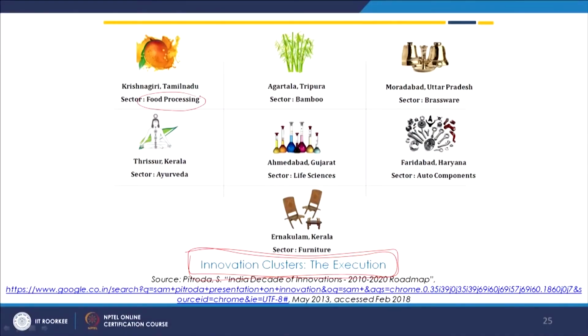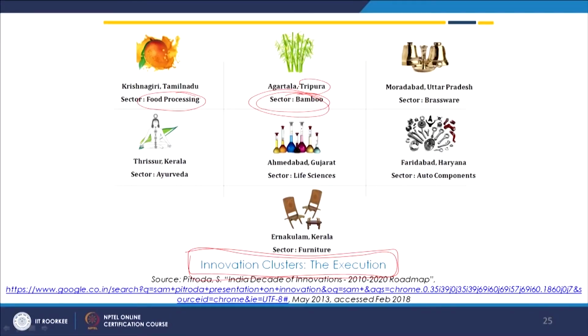There is the food processing sector, and the bamboo sector. We have been talking about the Ringal craft of Uttarakhand, which is a dwarf bamboo. Here it is Tripura. Then the brassware, which is again a craft form. Auto components, life sciences, Ayurveda, and again Kerala, and the furniture sector. All these different kinds of sectors have been identified, the clusters have been identified, and the innovation strategies for them have been developed,